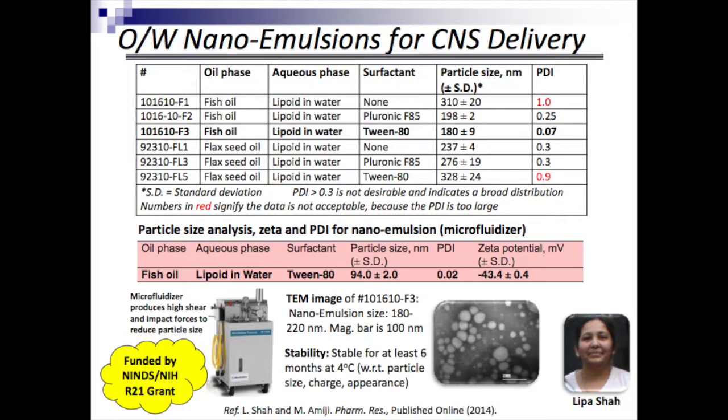And so for our purposes, we have used a number of different kinds of surface modifiers. We actually combine different kinds of surface modifier to make sure that we get a stable formulation at the end. We use phospholipid-based surface modifiers such as Lipoid 80 or cationic surface modifiers such as stearylamine. And then we also use polyethylene glycol modified phospholipids such as DSPE-PEG, or Tween 80 or Pluronic F68. And the choice of the surface modifier, the composition, and the concentration of surface modifier is critical in order to ensure